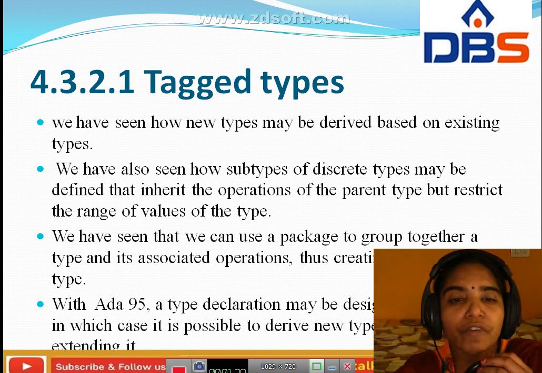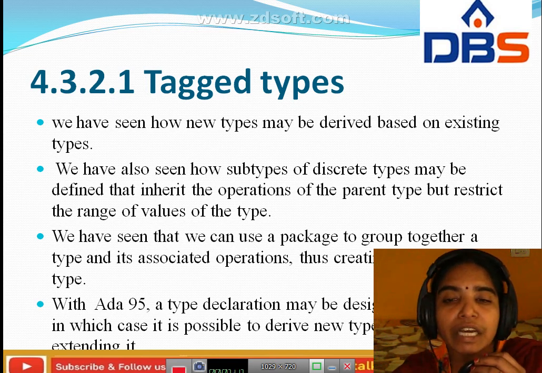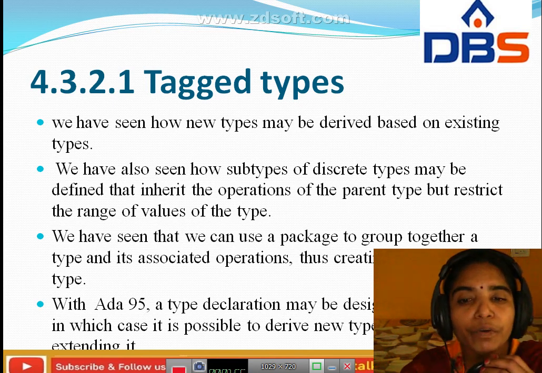For that, we have to create a user-defined type. With the Ada 95 programming language, a type declaration may be designated as tagged. In this case, it is possible to derive new types from it, extending it.